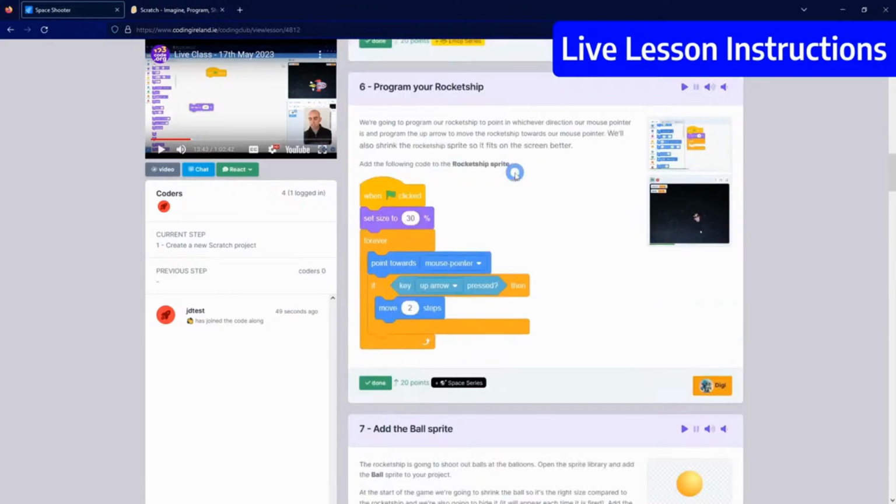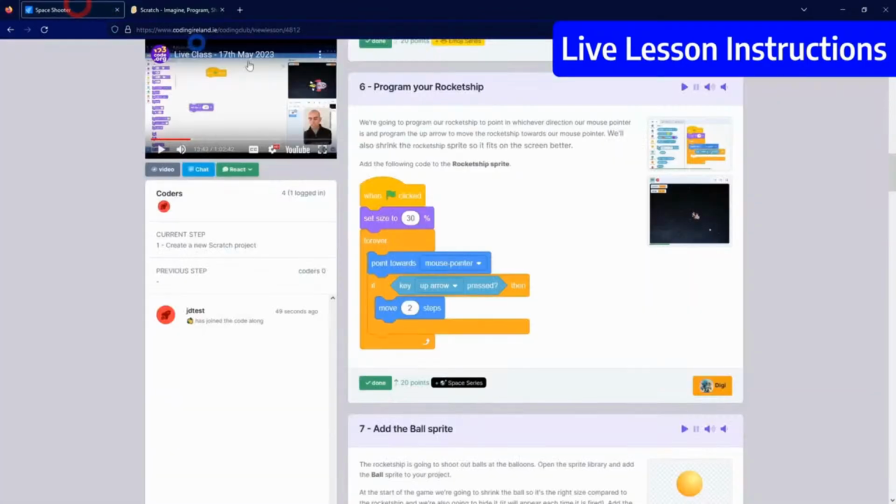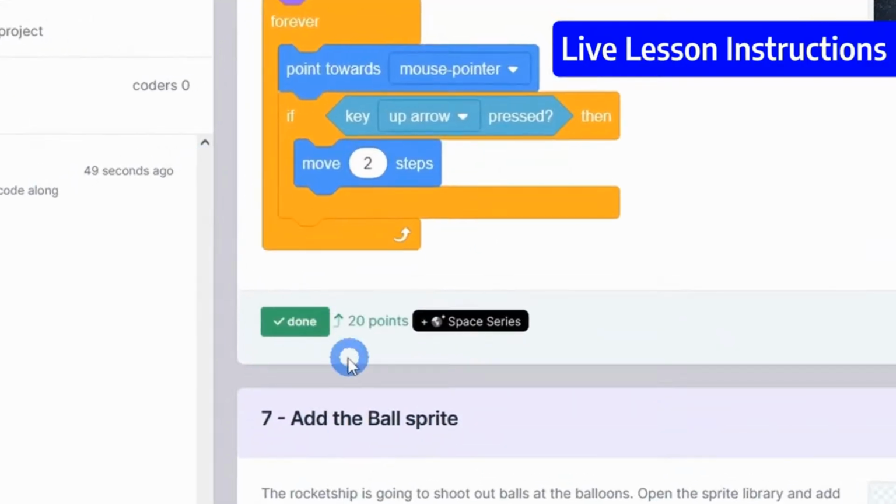You will normally be working with two tabs, one tab for the instructions and one tab for creating the code and your project. When you have completed a step, come back to the instructions tab and click on this green